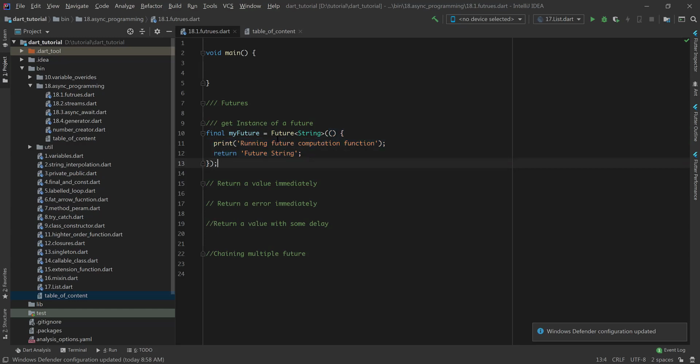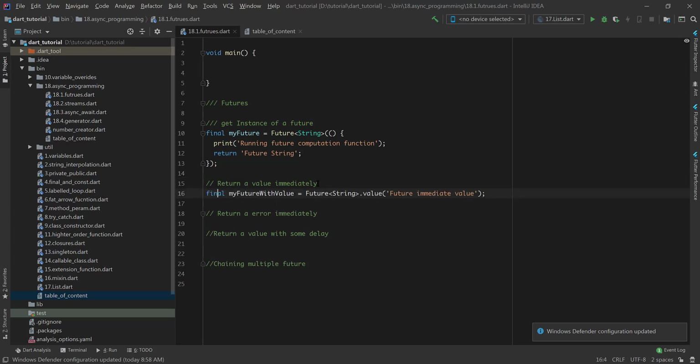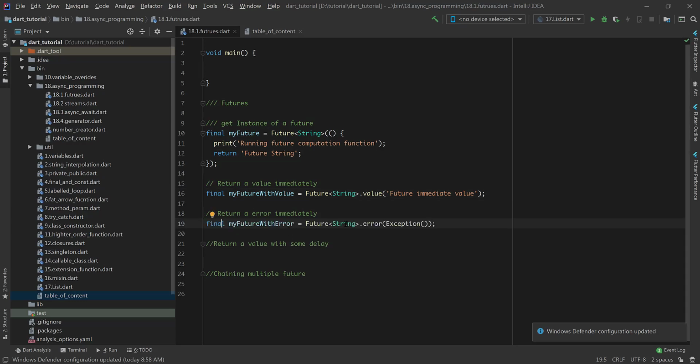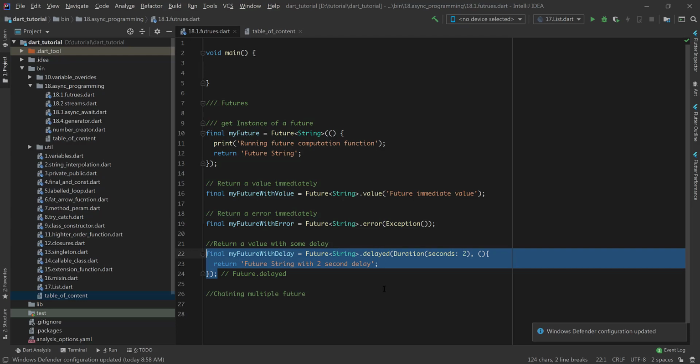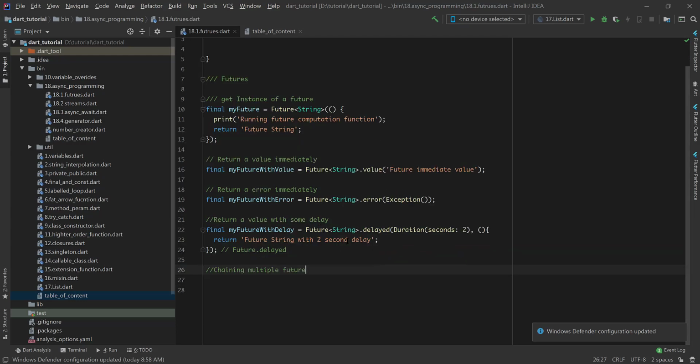But obviously this needs to be listened to. Then we can also use our named constructor like Future.value to get a value immediately. We can also use the .error constructor to get an error. We can also use the .delayed constructor to get the string with a delay.